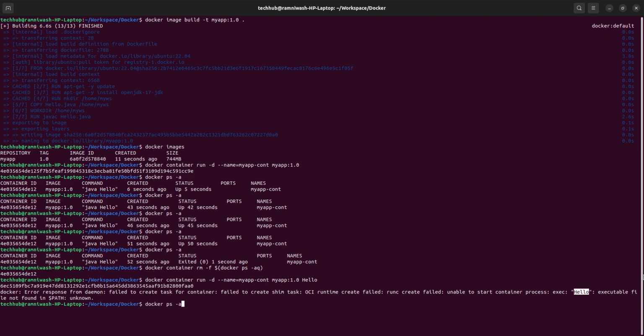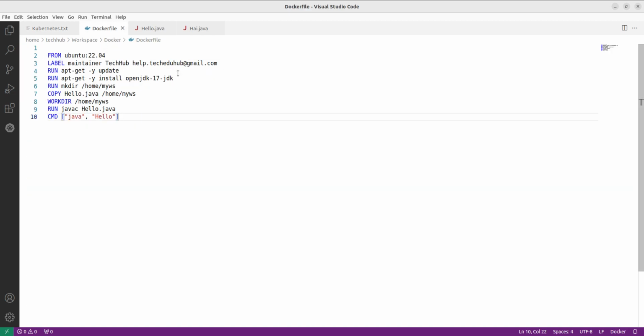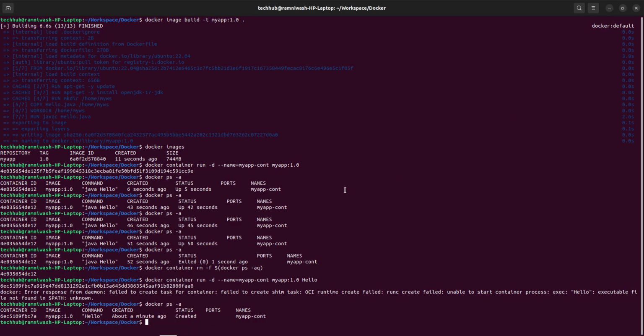I will show you here. Previously, if you see, the command was java hello. You know what java hello will do? In our container, we have already installed java. You can see this is the command that is installing java. So the java command is there, and the hello file is there. So it is running that java file. Correct. So that's why it was running fine,